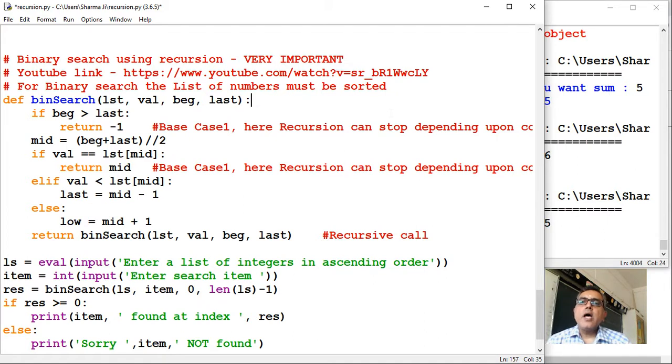Now suppose I want to search, let us say, the 10th roll number, knowing that they have been arranged.